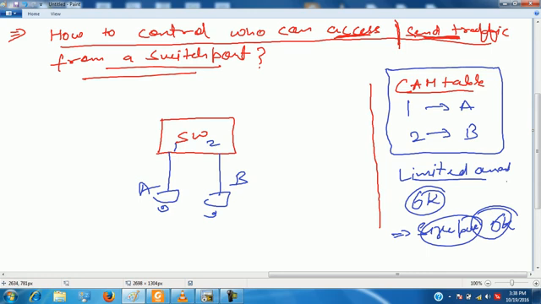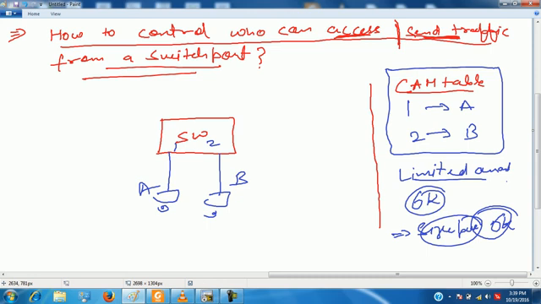Now, try to understand what someone can do. Actually we have a software by which we can create MAC addresses. So what I can do, try to understand this. I can install that software on my machine. I will be generating different MAC addresses. I think that software can generate 10,000 MAC addresses in a minute.